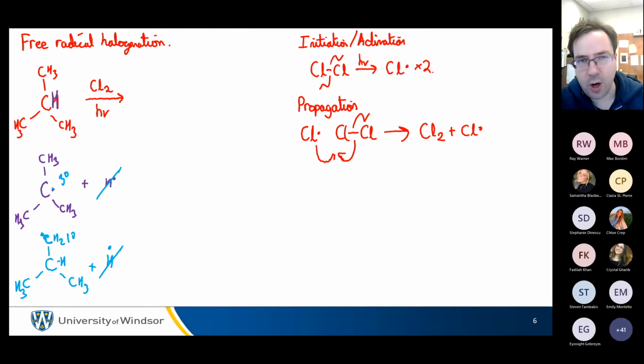It's kind of circular logic. You break the weakest bond to make the most stable radical, and it's the weakest bond because it makes the most stable radical. But it only seems circular. It really is the most stable radical that makes it the weakest bond. Okay. So